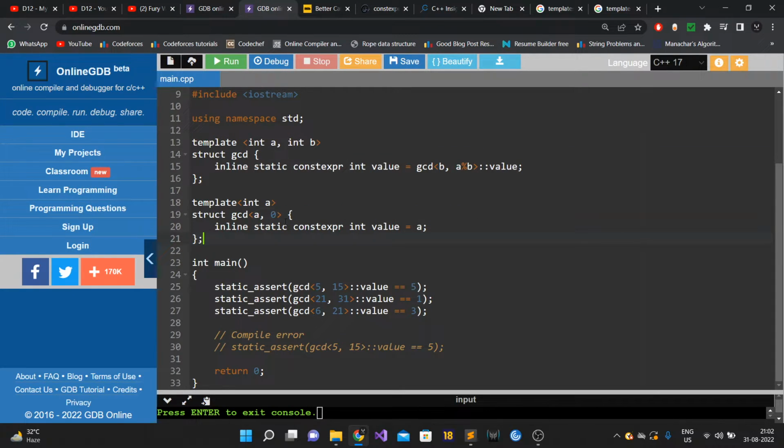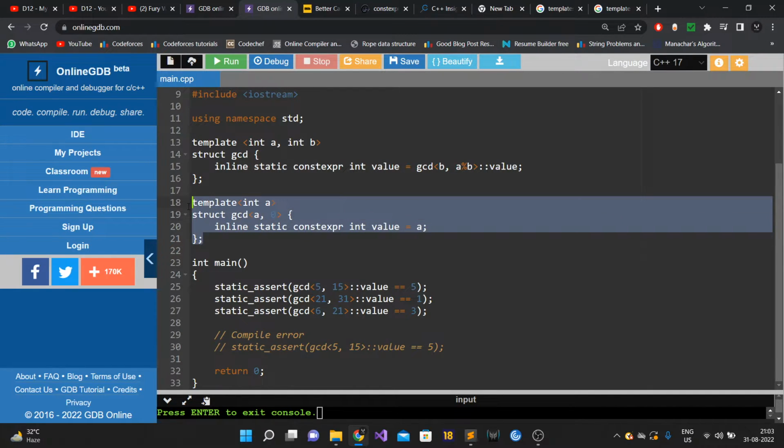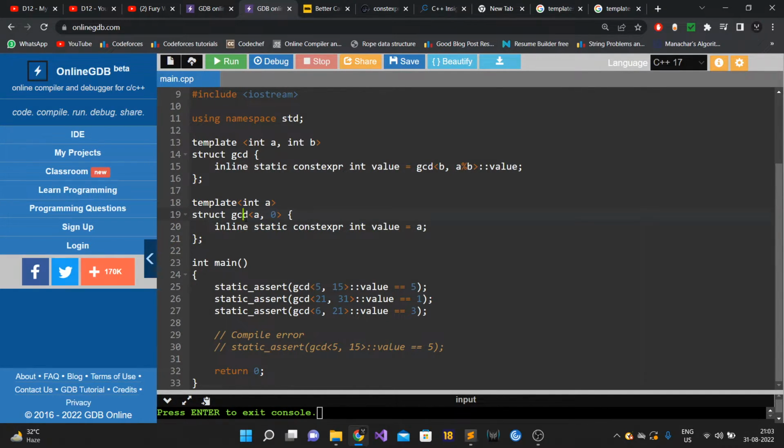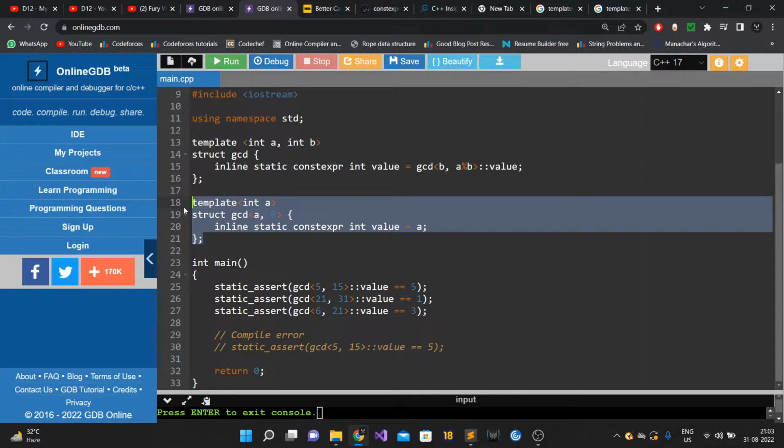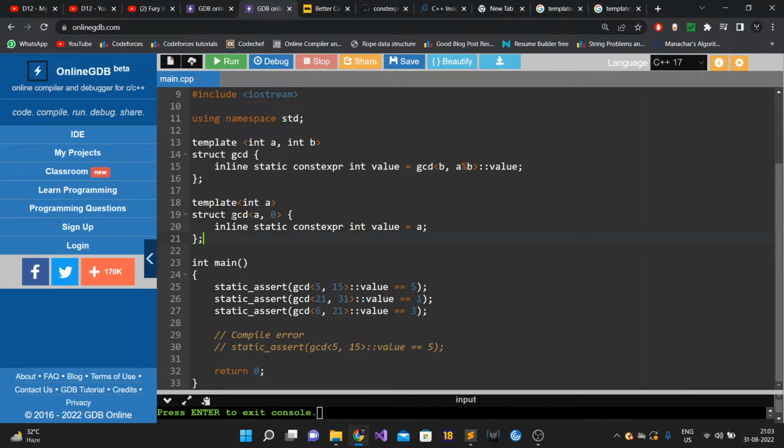So we need to code that base case in template metaprogramming, in the form of templates. The base case here is basically a partial specialization of the template. What I have written is called partial specialization of a template. This was a simple template and this is a partial specialization, and there is another concept called full specialization of a template. You can read about these three things on Google. You might be aware of them as well if you have done some programming in C++. These are very basic concepts.